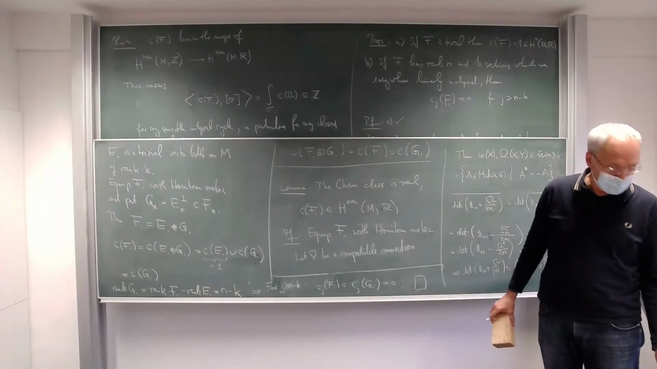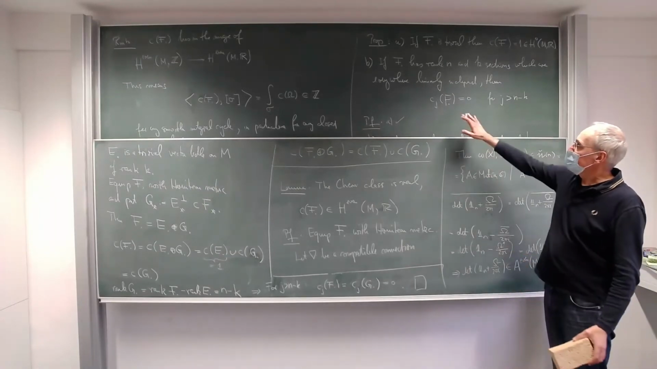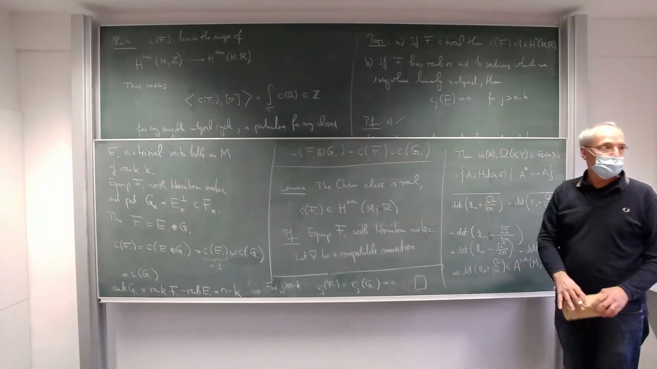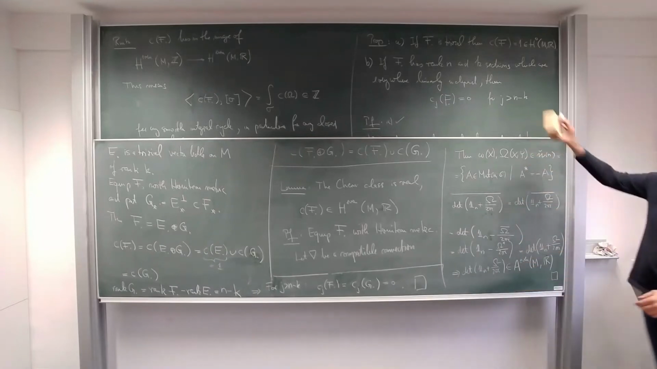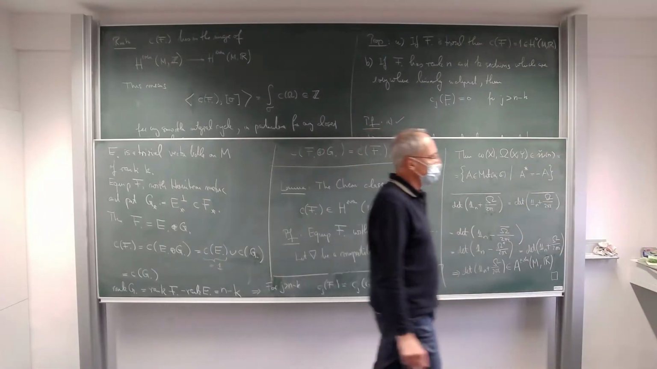Yes. The question was whether the converse is also true, that if these Chern classes vanish, then we have these linearly independent sections, but that's not true. It works only in the direction as stated here. And in fact,